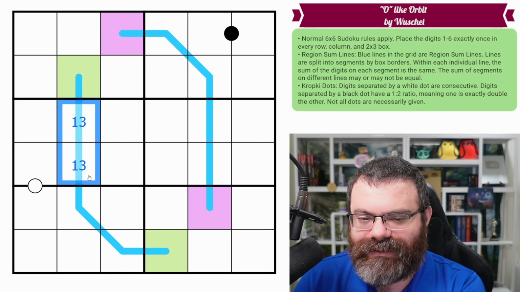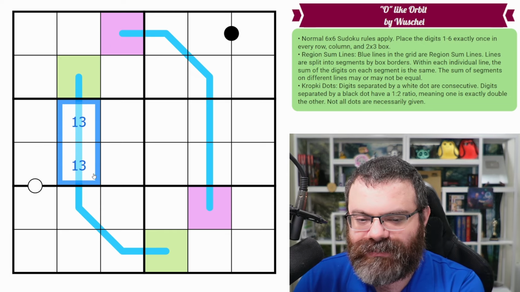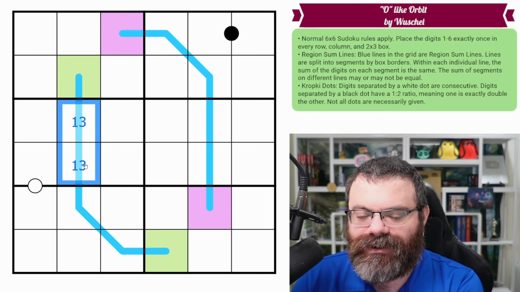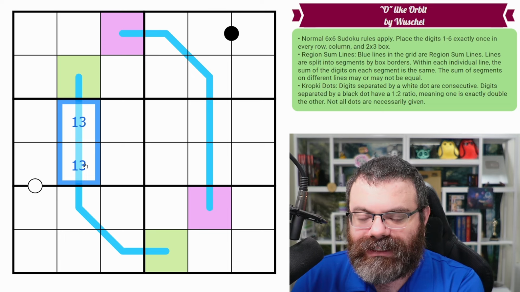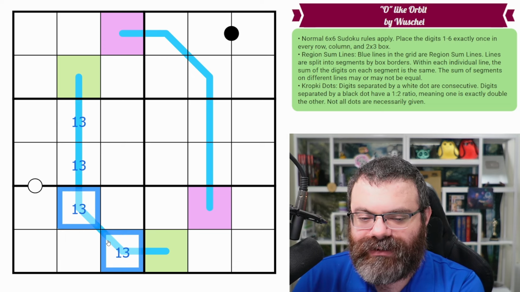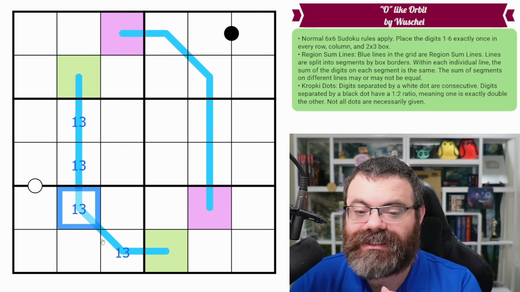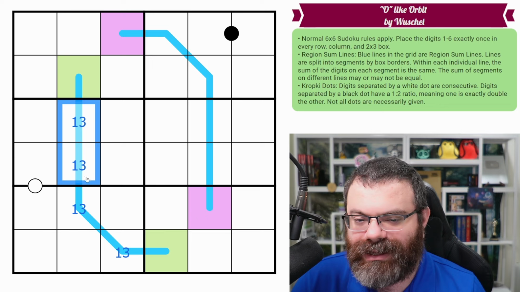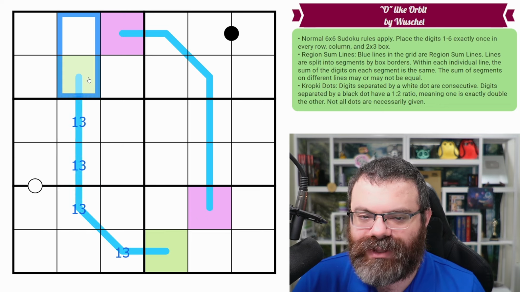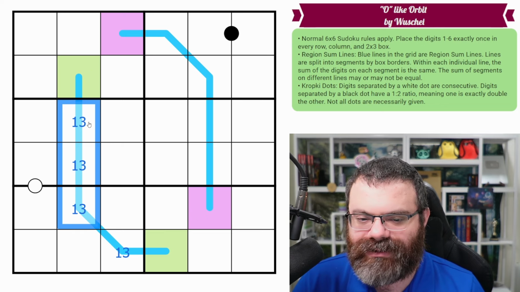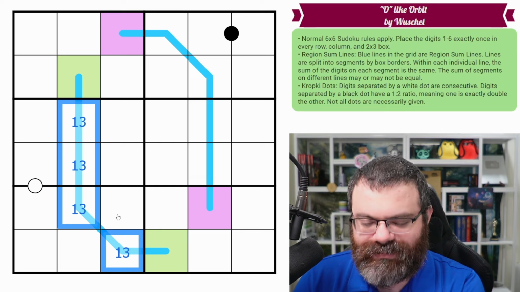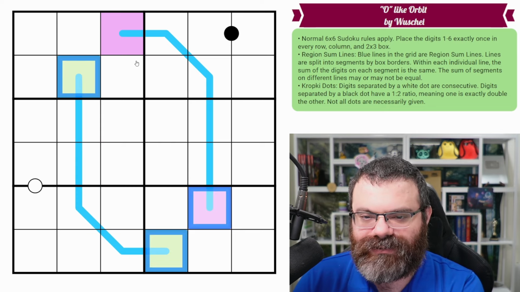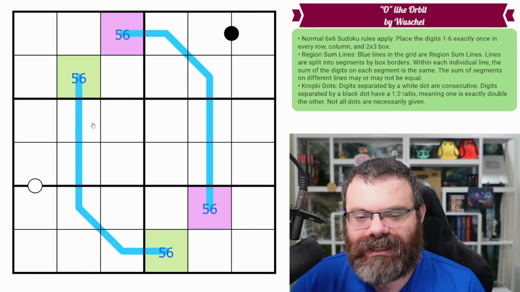Unfortunately, taking the addition there didn't help as much as I hoped, because 4 would require 1, 3. And then we'd also have to put a 1, 3 here, because there's only one way to add to 4 without repeating. And you can never repeat digits within a segment because they always share a box. That's just how the segments work. And so we'd have too many 1, 3s in this column. We won't be able to spread them out across 3 cells. And so actually we are limited to just 5, 6. And so that's going to be true of both of these, which means,